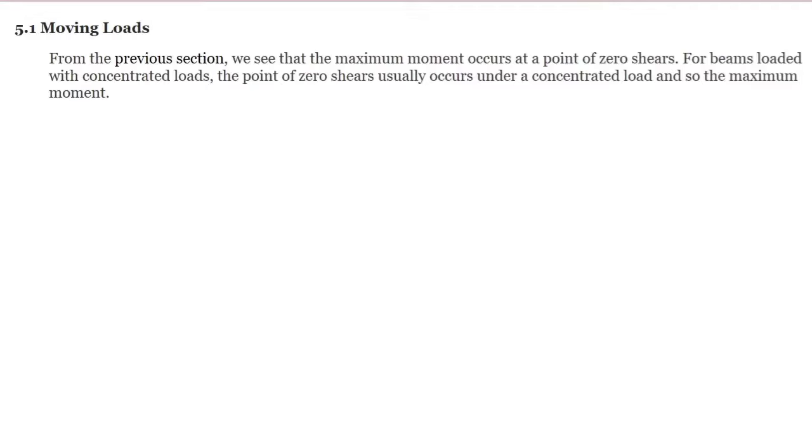Our topic for chapter 5 is moving loads. From the previous section, we see that the maximum moment occurs at the point of zero shear. This is referring to the previous topic, the shear and moment diagram. So for the beam loaded with concentrated loads, the point of zero shear usually occurs under the concentrated load, which gives the maximum moment. So if we are going to recall,